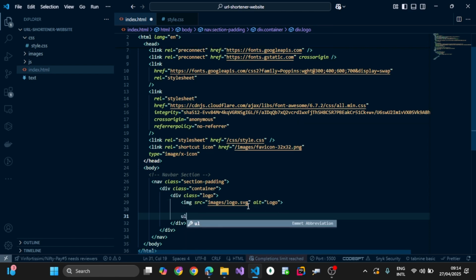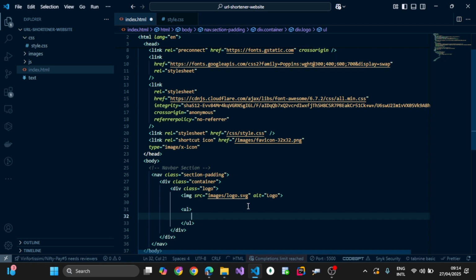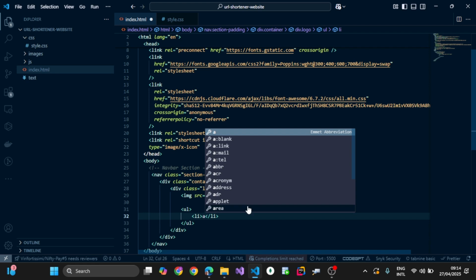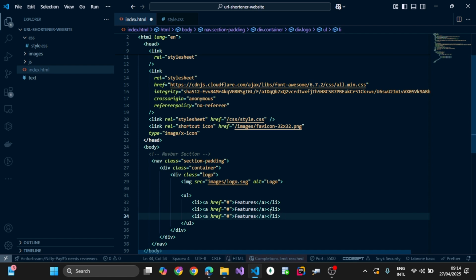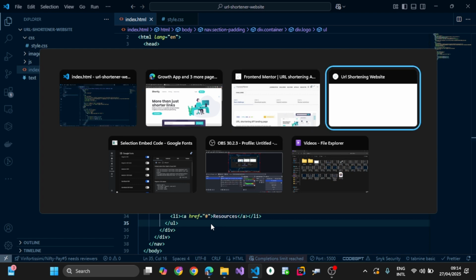I'll come down here and we're going to have a ul, an unordered list. Inside the list, we're going to have an li, and inside the li, an a tag. I'm just going to have a hash so it goes nowhere. So it's going to be features. We can copy this and paste it two times. We're going to have pricing, and we're going to have resources. If we save this and go back to our browser,